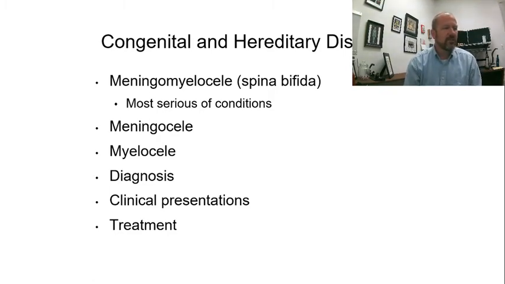So a meningeocele is if only the meninges are protruding, and that can be treated surgically without difficulty. A myelocele is a protrusion of the actual spinal cord minus the meningeal coverings, and this is also treated surgically. A meningeomyelocele is the most common, and it's the most serious of all these conditions, and it affects about every 1 in 800 infants. And so both the meninges and the spinal cord are protruded into the skin of the